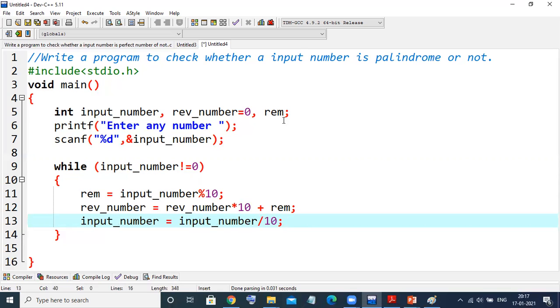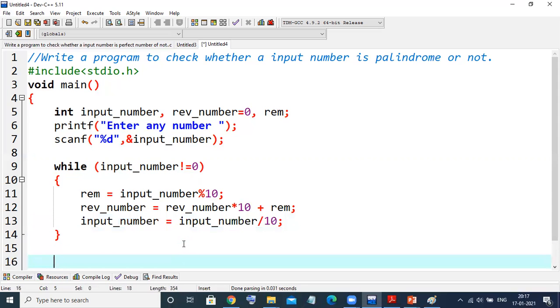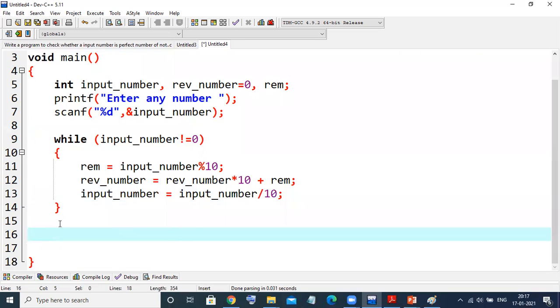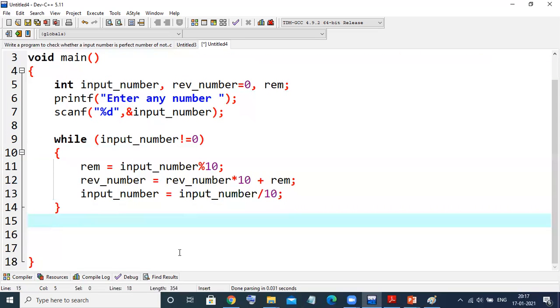This step is used to reduce the number. And finally, when this loop stops, then we'll check if,